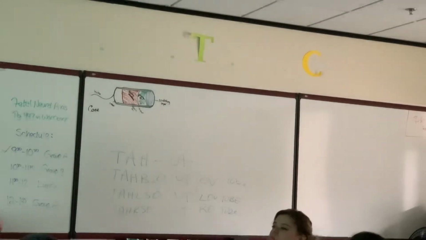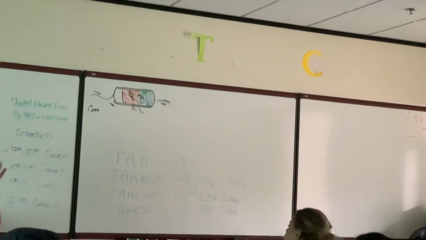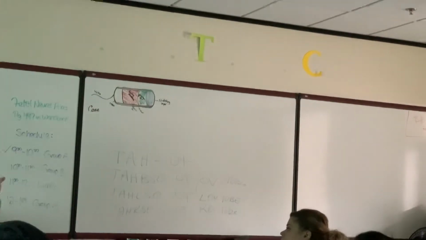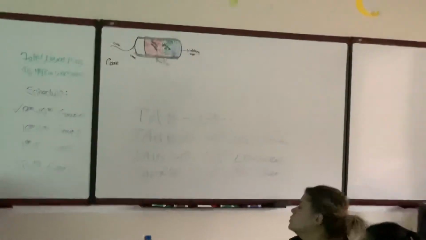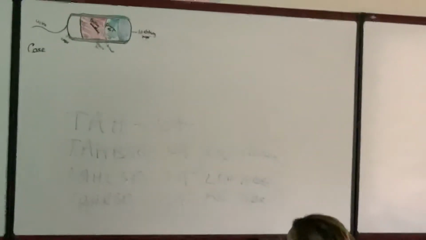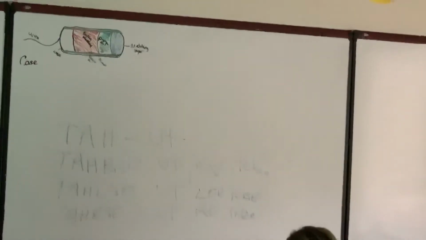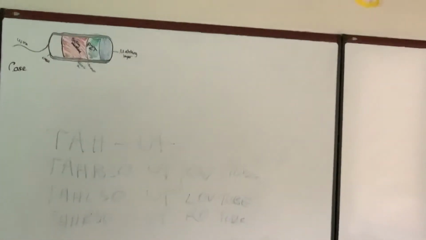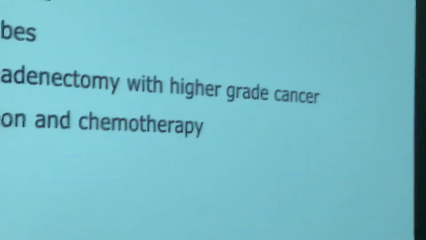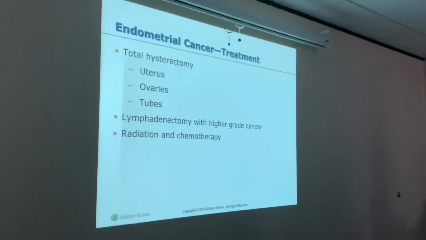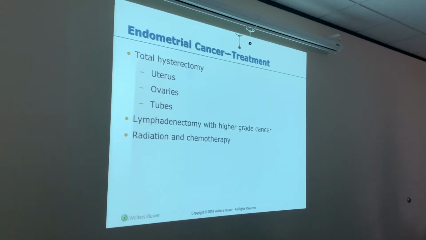Okay, so when we do that first film, we put the G, right? How many times they were pregnant, how many times they gave birth, how many abortions they've had. Okay, we put that on there. If they've had a hysterectomy, this is how we document it. Not just TAH, but we also have to tell them if they have ovaries or not. You will be surprised at the number of patients that have no idea what kind of surgery they've had.